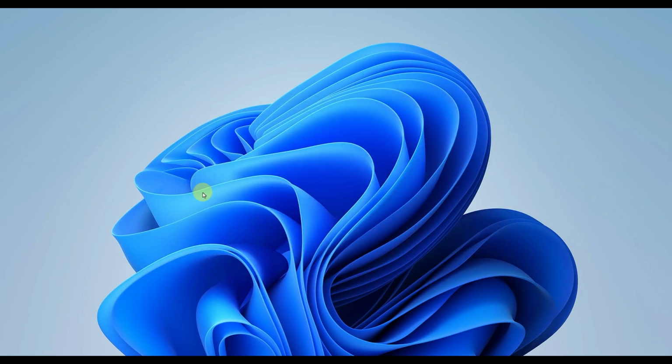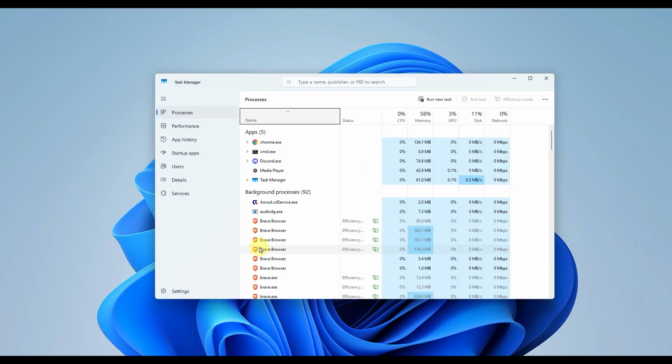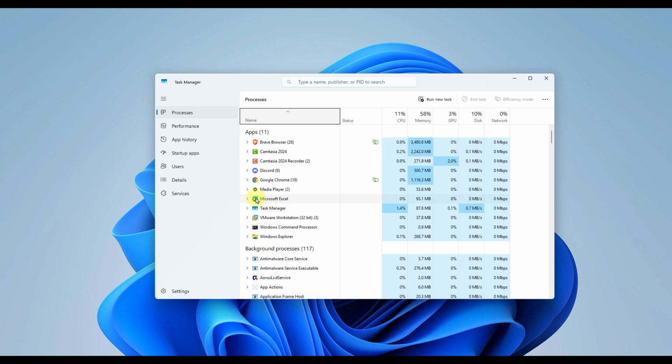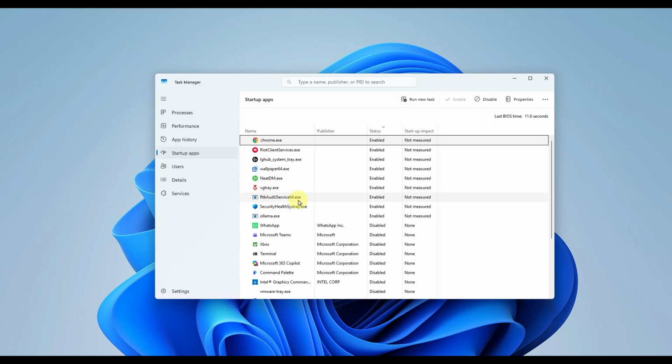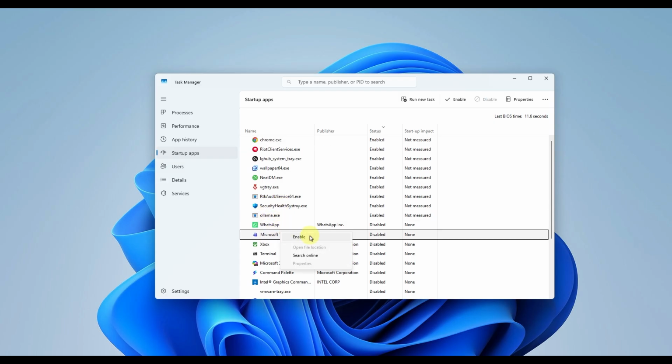Next, if the error pops up immediately every time you log in, a previously uninstalled application or removed malware might still be trying to launch a dead process. Press the keyboard shortcut Control, Shift, and Escape simultaneously to launch your Windows Task Manager. Navigate to the Startup Apps tab, which looks like a small speedometer icon on the left-hand sidebar. Carefully look through the list for any suspicious, unnamed, or blank entries, right-click them, and select Disable to prevent them